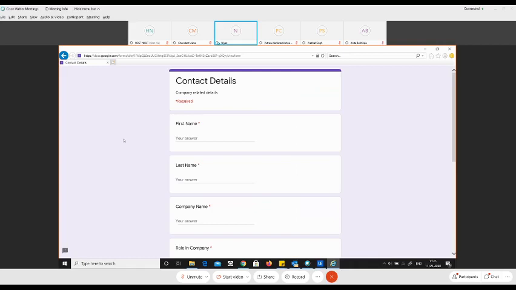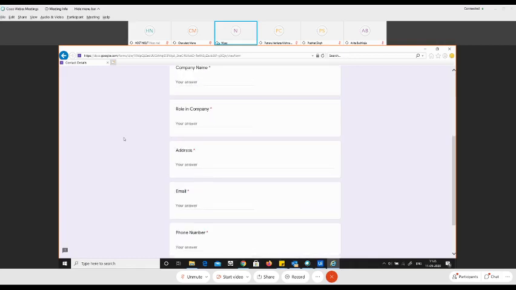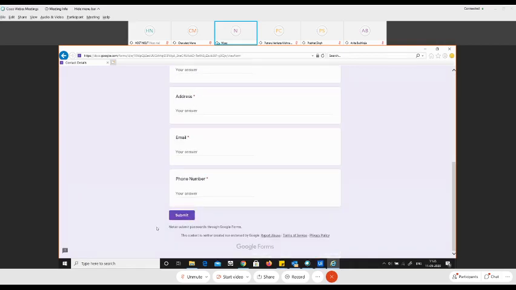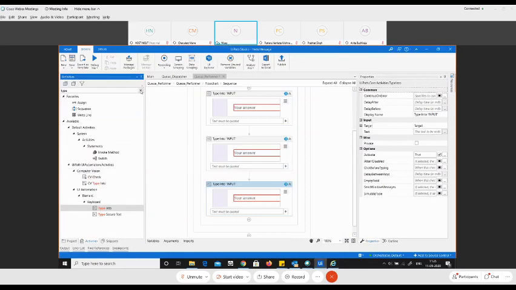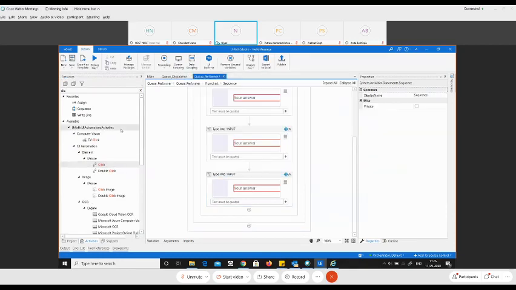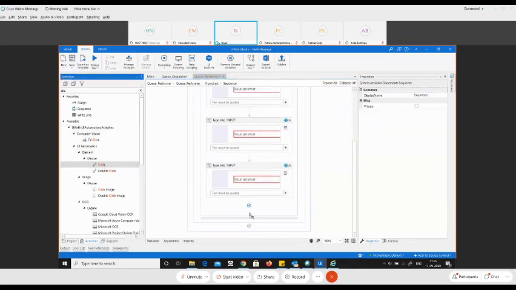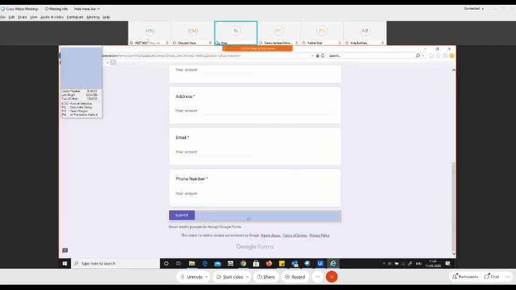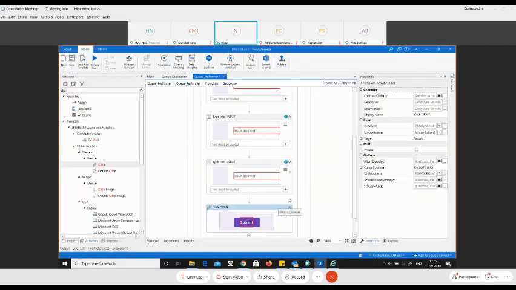And to proceed further, we have a submit button, right? Yes. So let me go ahead and do a click activity on the submit button. There you go. Awesome. So I'll drag and drop the click activity again and we'll say click on the submit button.